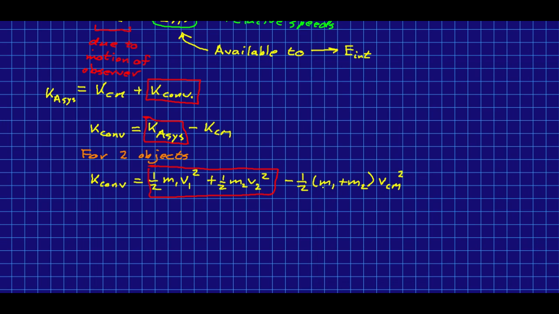Now there is a whole lot of algebra that we could do, and which I'm not going to, for several reasons. First of all, the algebra is just a little yucky, and second of all, it actually involves a vector manipulation that we haven't seen yet called a dot product. So I'm going to leave it for later in the course. But I'll just say, if you replace this with what we know it must be, and then do a lot of rearrangement and a little bit of vector manipulation magic, you end up coming up with this remarkably simple expression for our convertible kinetic energy,